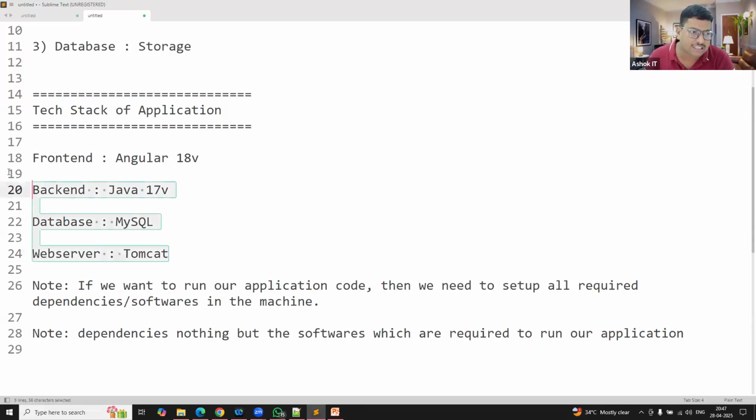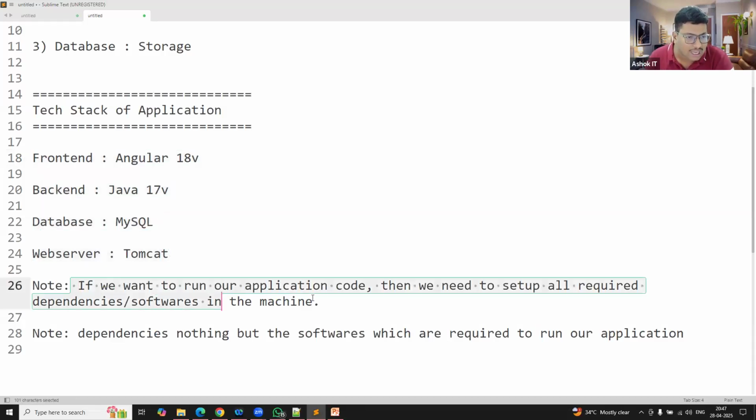Now, my project development completed. As a DevOps engineer, I want to run my project. So in order to run my project, what do we need to do? We need to take one machine, either a physical machine or a cloud virtual machine, anything. One machine is required. In real time, people will use Linux machines for the deployment. So I will take one Linux machine.